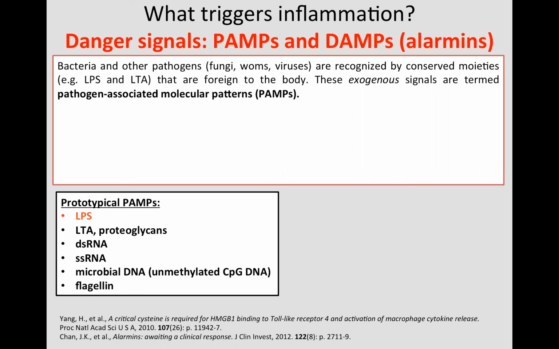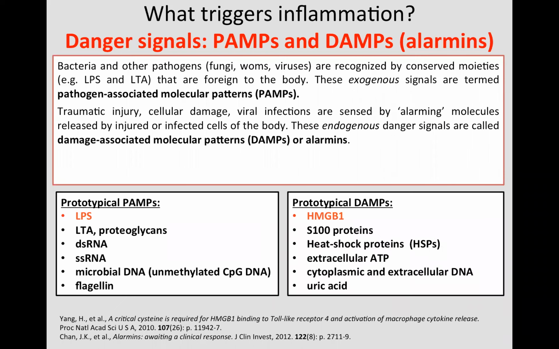Prototypical PAMPs include, for example, the lipopolysaccharide, LPS, but also the lipoteichoic acid, LTA, or proteoglycans, double-stranded RNA molecules or single-stranded RNA molecules, which are not commonly seen in our body, or the microbial DNA, the unmethylated CpG DNA, or